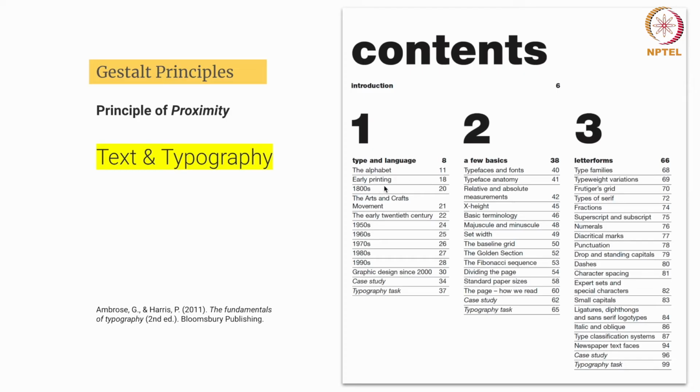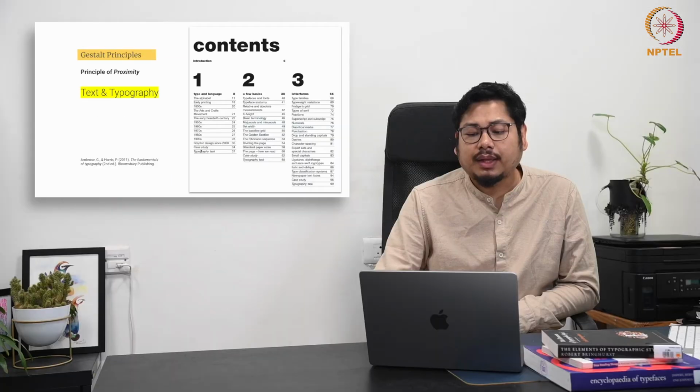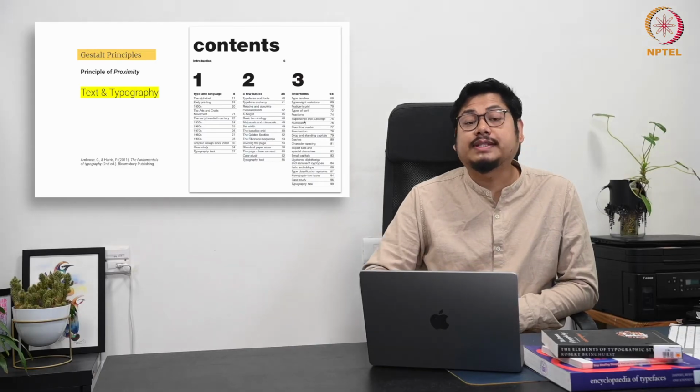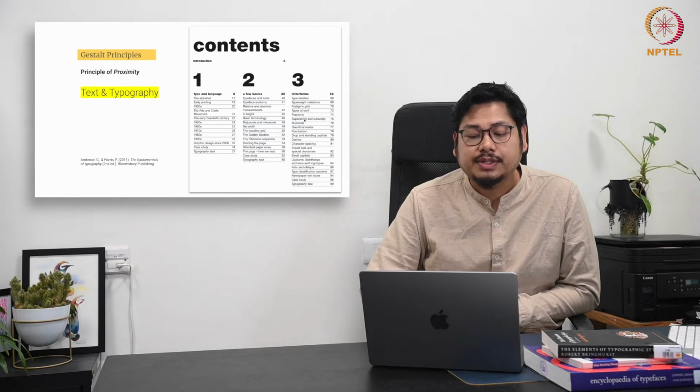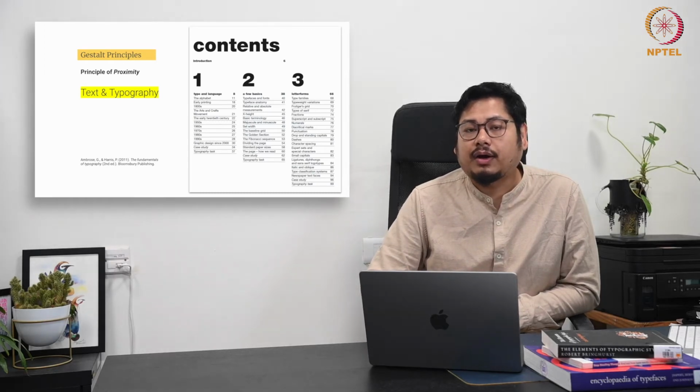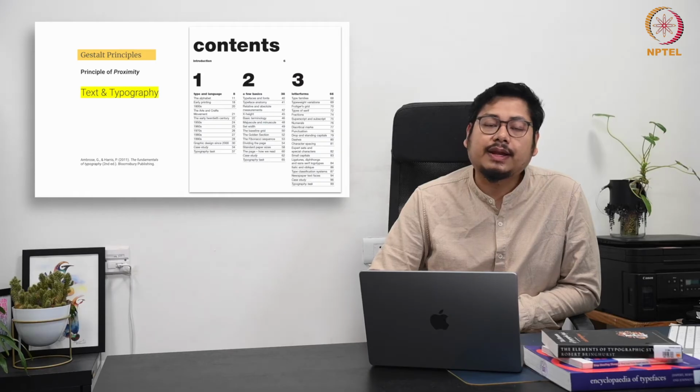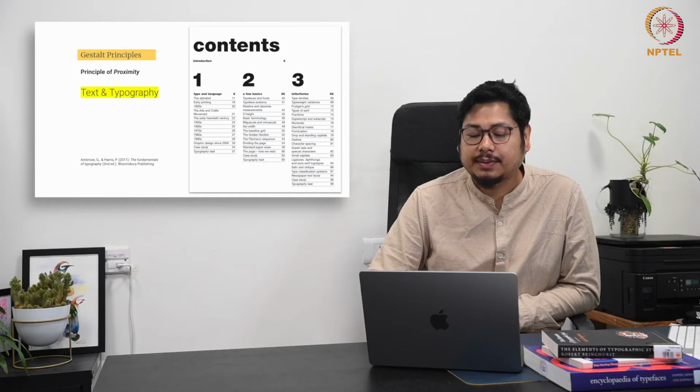The pages which they have highlighted in terms of the chapters, and apart from that, again you will come here. So your information flow in terms of hierarchy is again happening because of the proximity. You will initially start with this detail, and you will go from top to bottom, and then you will again go to the top and continue, and similarly it will have this flow. So the sense of hierarchy in terms of information flow is happening due to the idea of the columns, and this again is inclining towards the representation of proximity using text and typography.